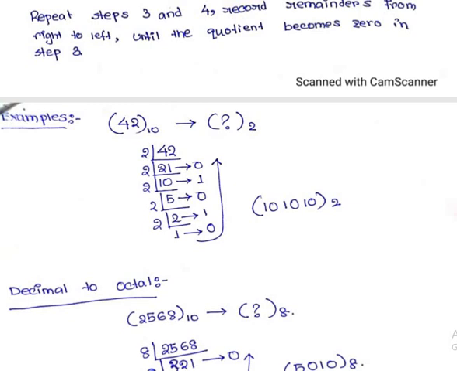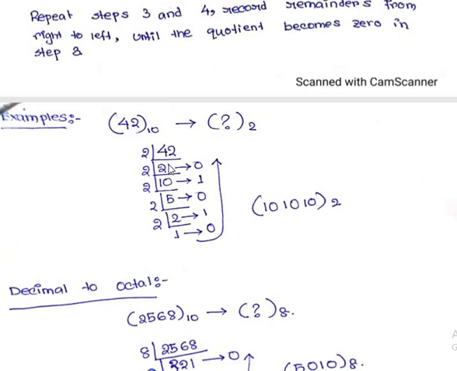Now here I have taken a decimal number. I will convert it to its equivalent binary number. For that, I have to divide that number by 2. I will write the quotient over here and I will write the remainder like this. I have to divide a number by 2, write the result over here and the remainder like this. Now again I will divide that result by 2 only, write the result over here and the remainder like this.